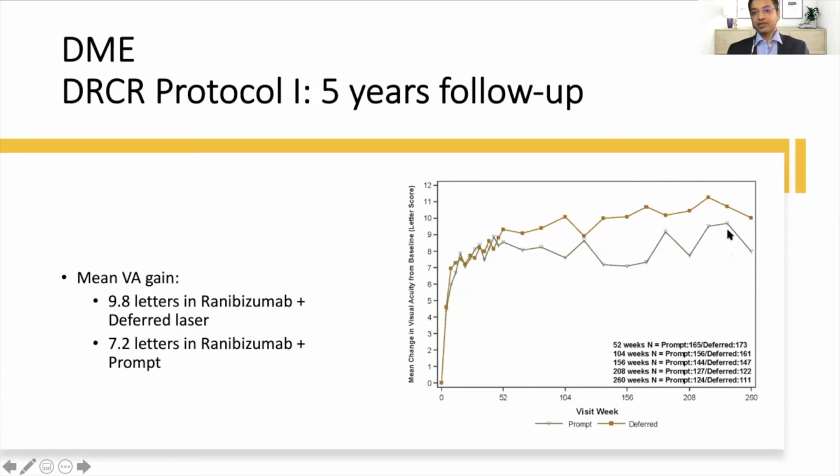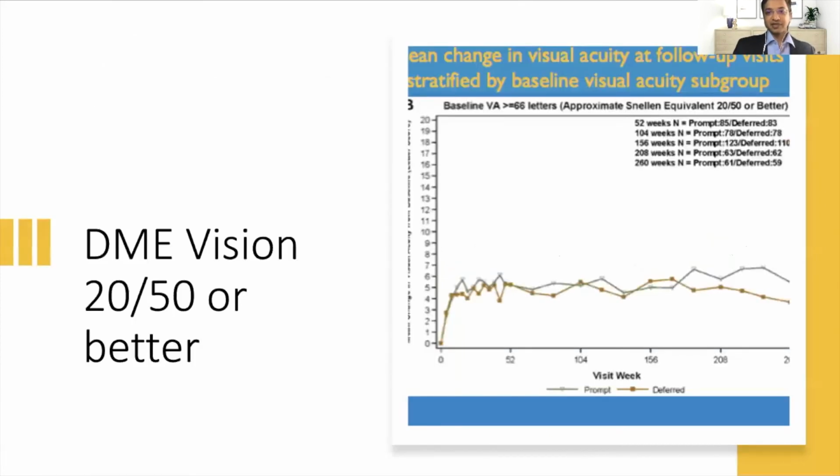We won't talk about triamcinolone here, but if you look at the overall 5-year follow-up, the most important point to know is that patients have about 7 to 10 letters of gain in vision on average. So that's an important thing which we have to tell our patients. What to expect after all these injections? Will they become 6/6? Will they be having 6/12? It all depends on where they start off. On average, they will have 7 to 10 letters of gain.